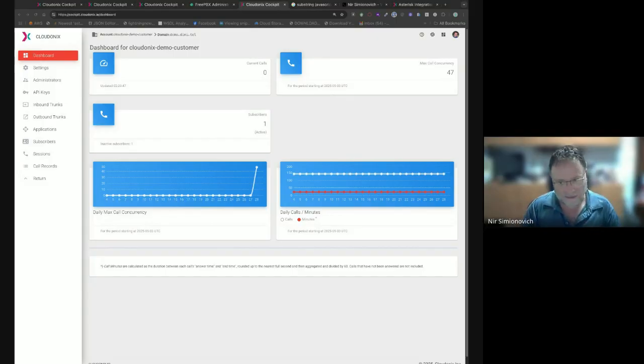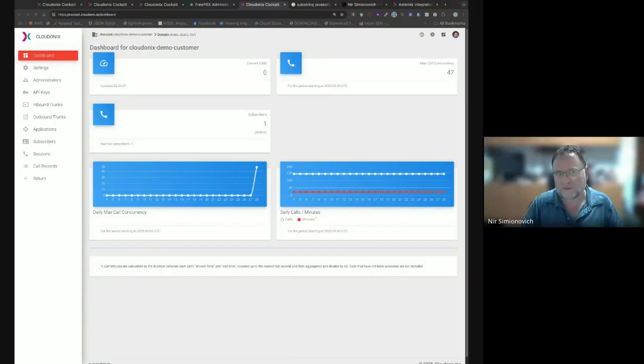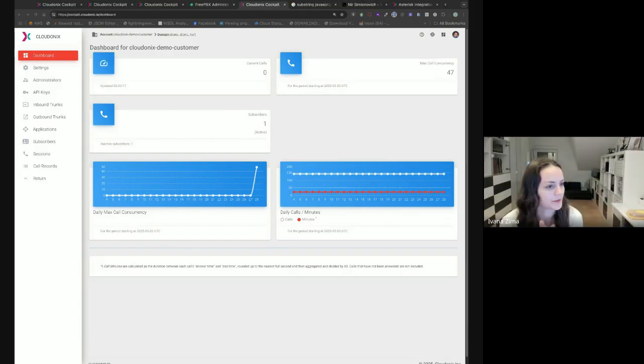That's the idea. The only resource that exists at the account level, which can be shared across multiple domains, is container applications. Because container applications are supposed to be more dynamic and they should be able to work with a lot of domains at the same time if you write them the right way. But that's the idea. Okay, great.